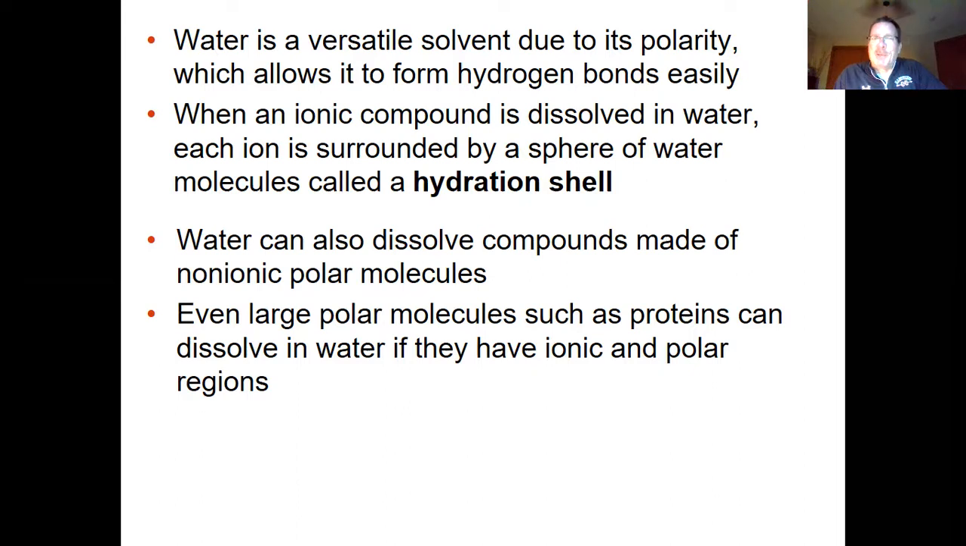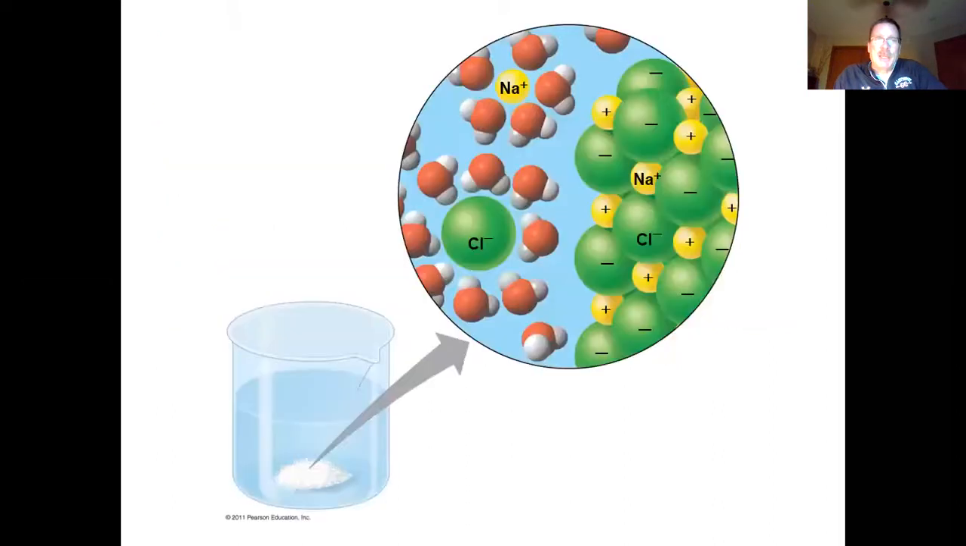When an ionic compound is dissolved in water, each ion is surrounded by a sphere of water called a hydration shell, keeping them separated. Water can also dissolve compounds made of non-ionic polar molecules. Even large polar molecules such as proteins can dissolve if they have ionic and polar regions. Okay? Doesn't mean everything dissolves at the same rate or as easily, but it does. There's a hydration sphere around sodium and chlorine. You have an activity that's going to help you understand that. It makes it difficult for them to reform the ionic bond until you